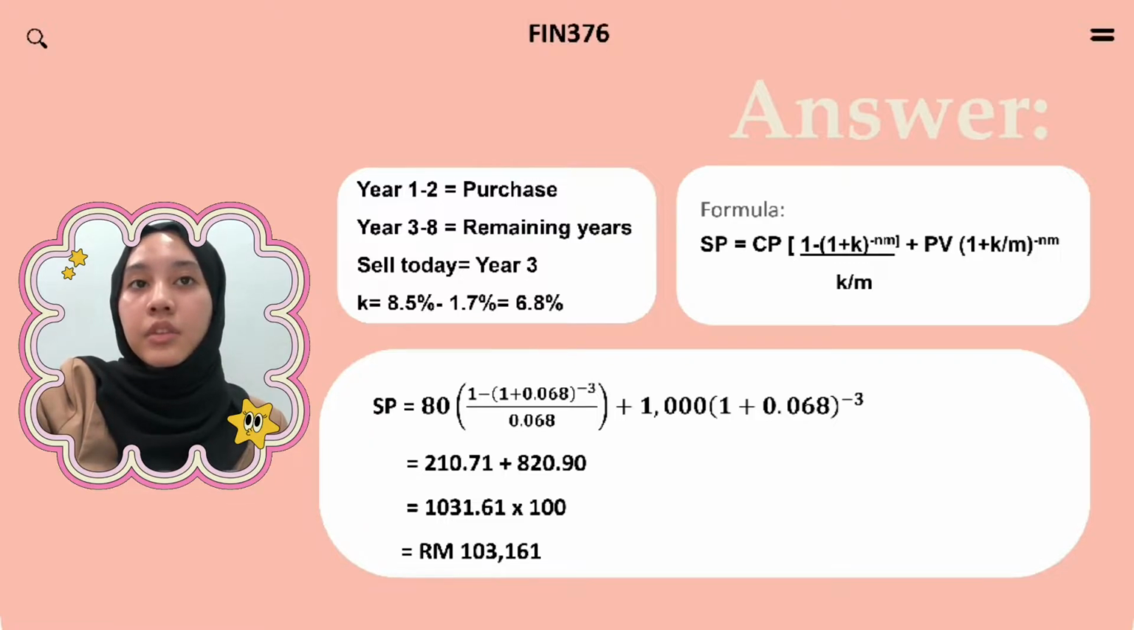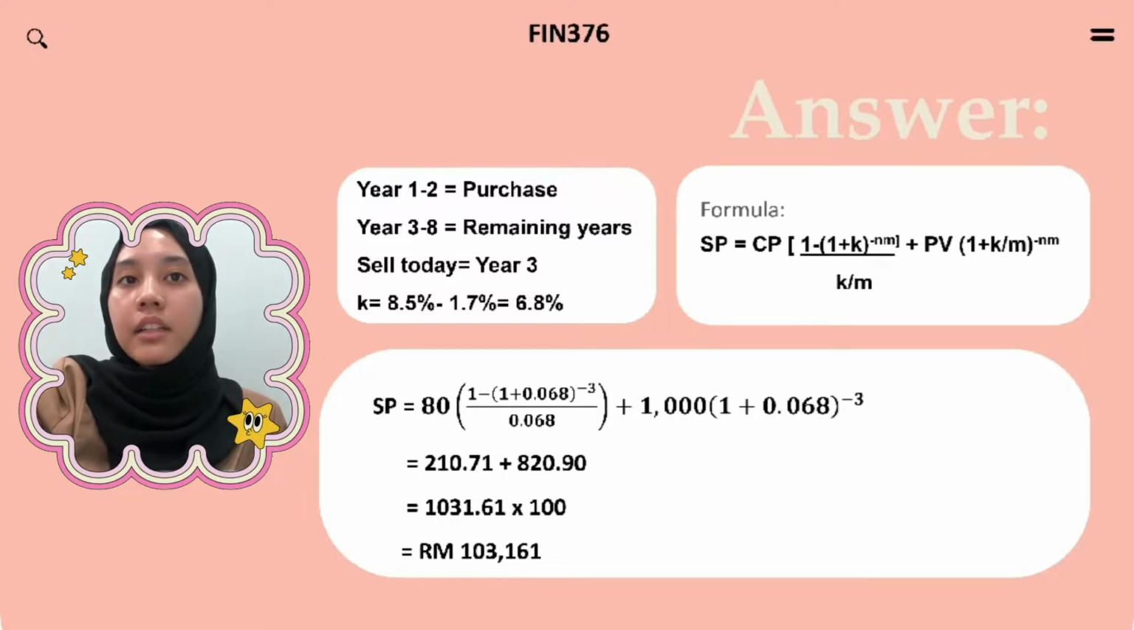Selling price equal to 80 ringgit, bracket 1 minus bracket 1 plus 0.068 power of negative 3 divide 0.068 plus 1000 bracket 1 plus 0.068 power of 3, and we will get 1031.61 times 100, and the answer is